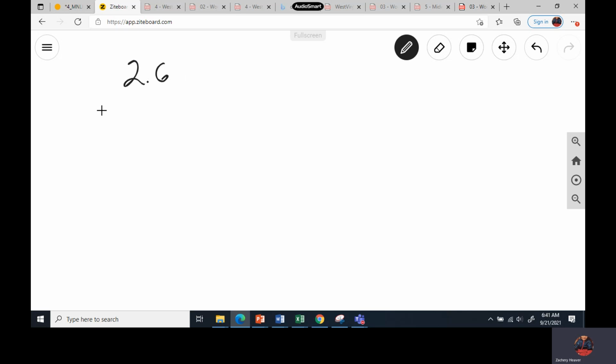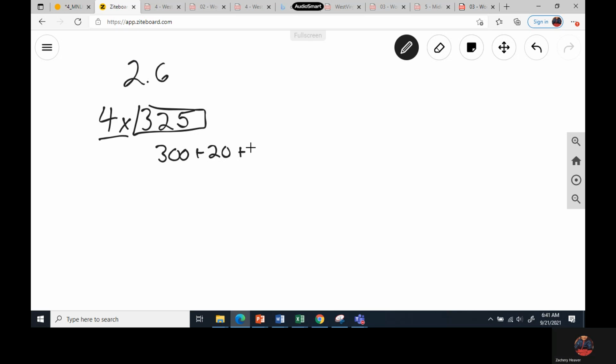So you guys know how to do expanded form. So for example, let's say we had 4 times 325. That's going to be hard to multiply, so we want to break this number up. So the 4 is going to stay the same, and we're going to break 325 into 300 plus 20 plus 5. Now we have to use distributive property, which remember, that's the giving property to give it to each of these. So we're turning this problem into 4 times 300